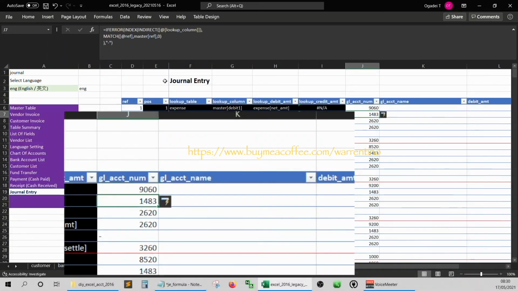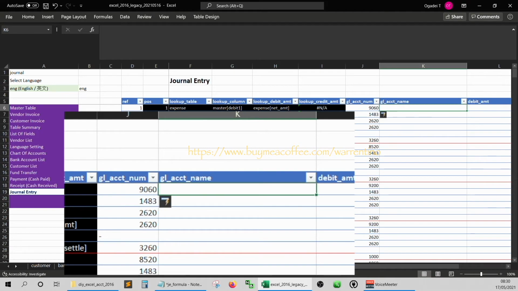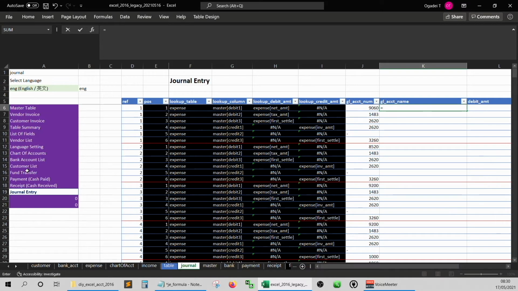Once we get the GL account number done, we can use the GL account number to look up the GL account name from the chart of accounts.